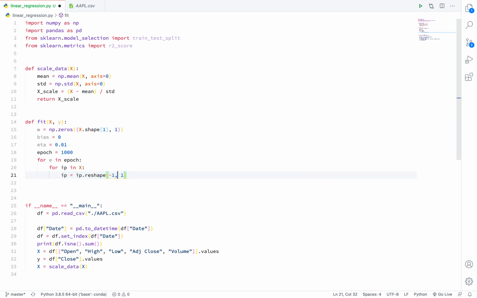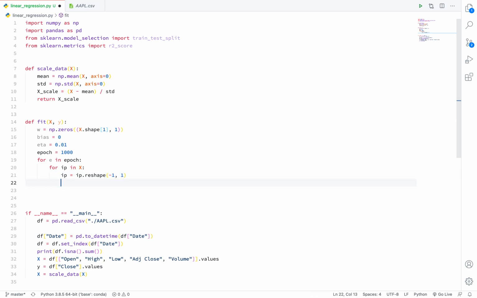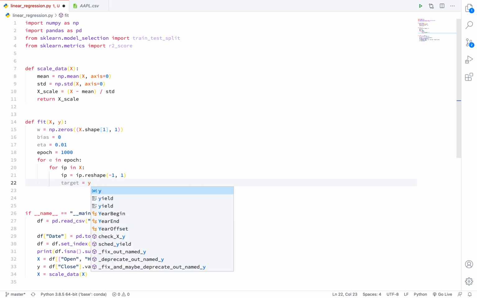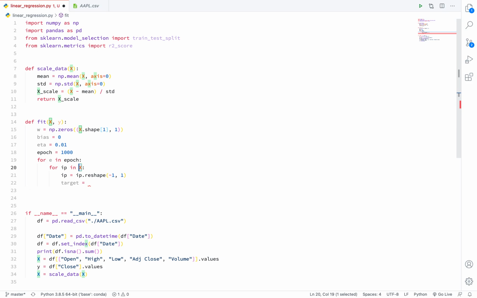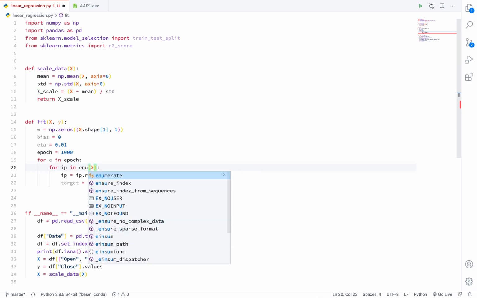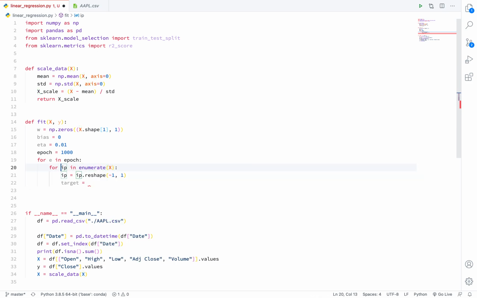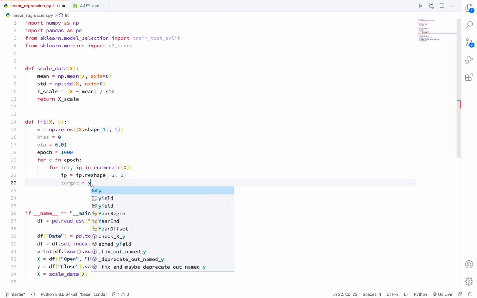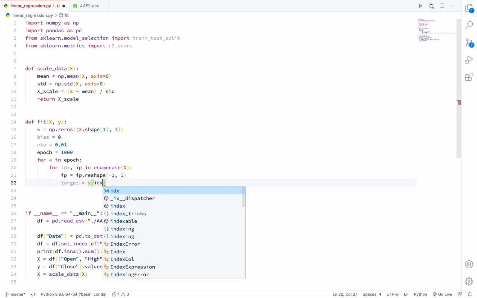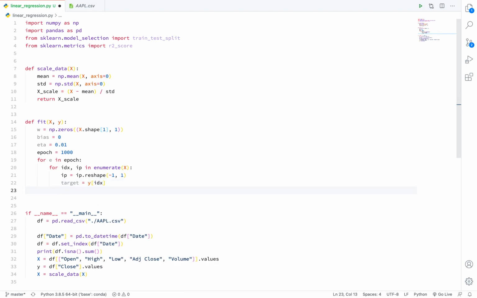Therefore we put -1, 1. Now let's extract a target. So here I need to enumerate. The target variable for that input, so here y of idx.